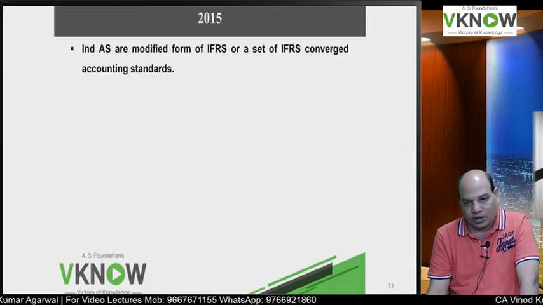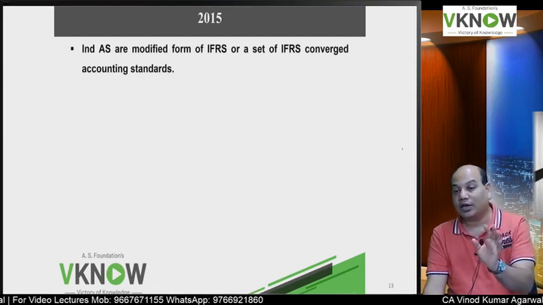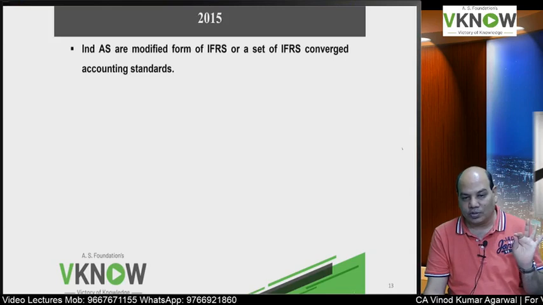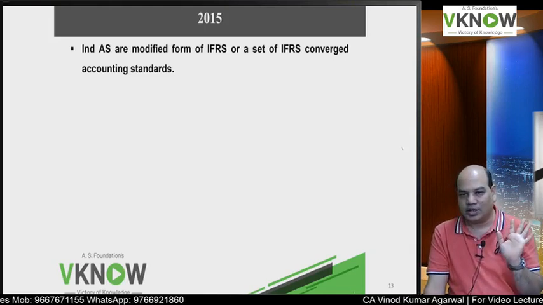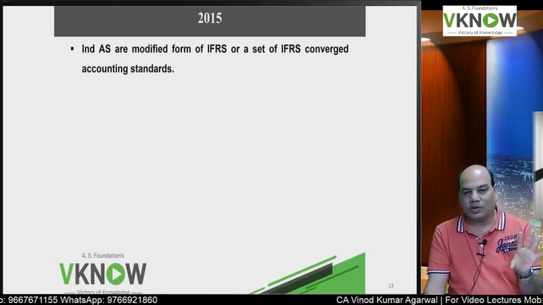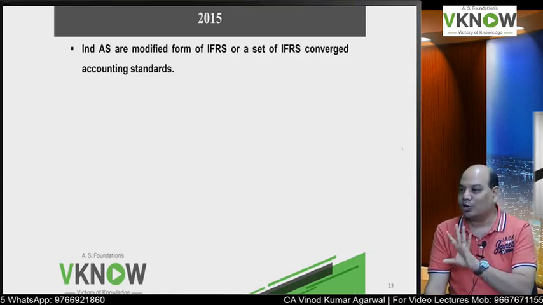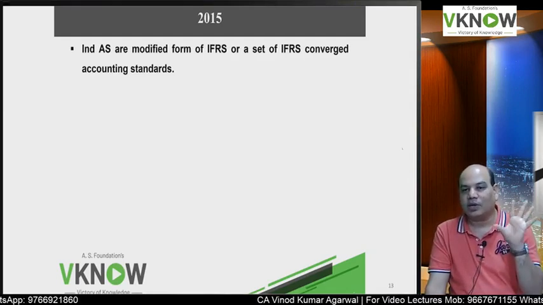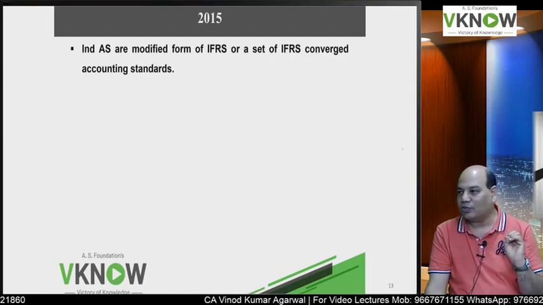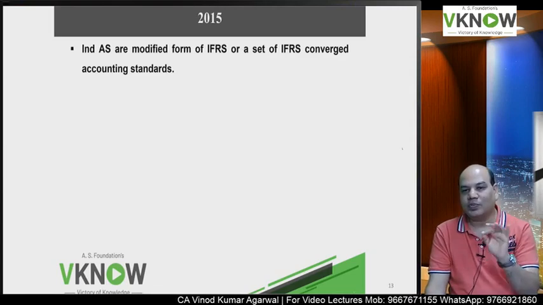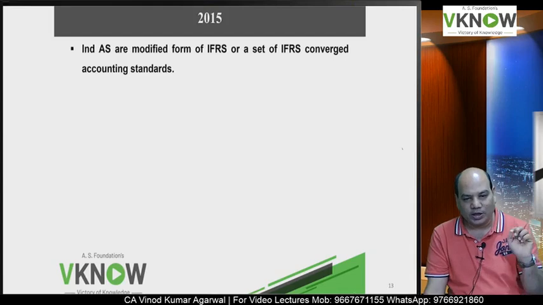So now after that, companies have to follow Ind AS who fulfill the applicability criteria. To avoid confusion, remember, only those companies which fulfill the applicability criteria will follow Ind AS. Some companies are allowed to voluntarily follow Ind AS, and some are not even allowed to. For example, banks cannot follow voluntary Ind AS. Insurance companies cannot, and certain NBFCs cannot voluntarily follow Ind AS. Okay, so we'll come to the applicability part in a while.